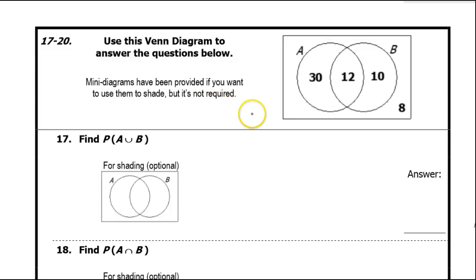In this video, I will continue to show you how to use a Venn diagram to calculate various probabilities. We'll find the probability of A or B, the probability of A and B, the probability of A given B, the probability of A given not B, all of that good stuff. Now, first of all, please understand that this P does stand for probability, and anytime we are dealing with probability,